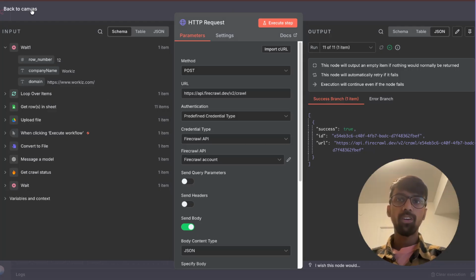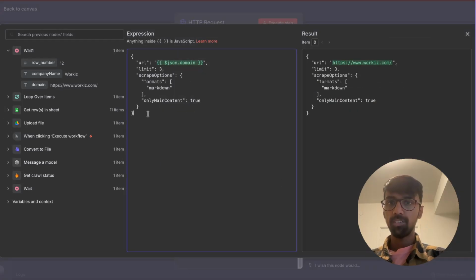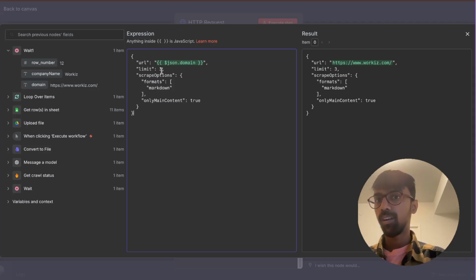You can do this for all web pages on that website, or you can do for a limited number of web pages. It's quite simple. You just want to limit the number of web pages that you want to scrape information from right here. For example, I'm doing 3, so it will take 3, the home page and 2 other pages from